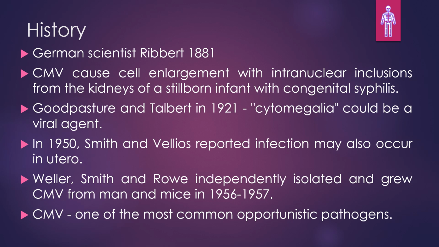Later, in 1921, Goodpasture and Talbot were the first to suggest that the cytomegalovirus could be a viral particle. After that, in 1950, Smith and Velius showed that these infections may also occur in uterine regions. After the viral cultures, such as growing in cell cultures, three scientists, Weller, Smith, and Rowe, all independently isolated these viruses from man and also in mice. They cultivated these viruses in cell culture method in the year